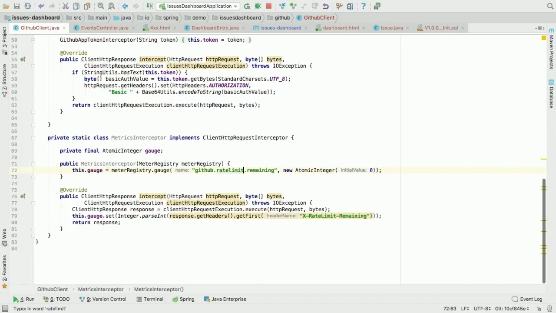We'll call it GitHub rate limit remaining. And we'll create a new atomic integer for this. And this will be the value that keeps track of the remaining calls. So whenever we get a new request, we're in our interceptor, we execute that request, get the response back, return it, but before we return it, we use the value we get from the rate limit remaining header, and we'll set that metric directly. So here, by default, we get 0, but I could do 60, for example, for 60